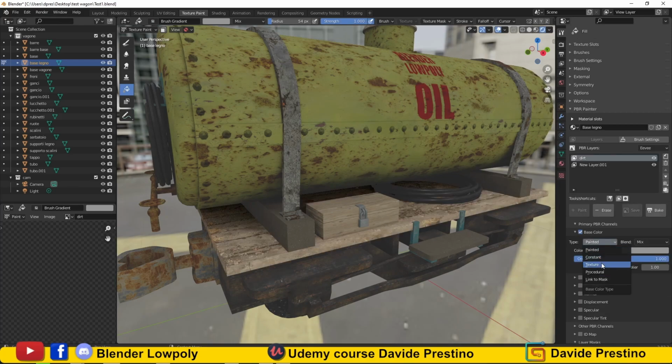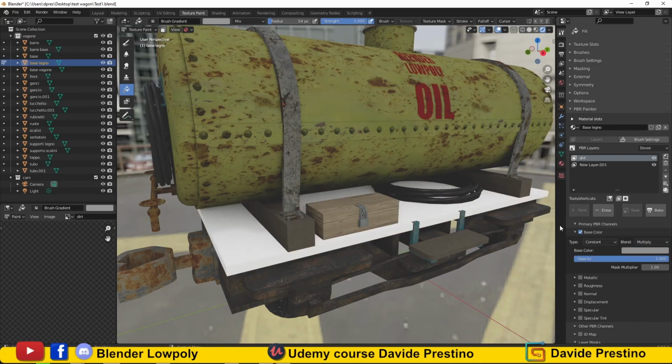Same procedure for the wagon plan. I add more layers for dirt and use masks to filter the layers.